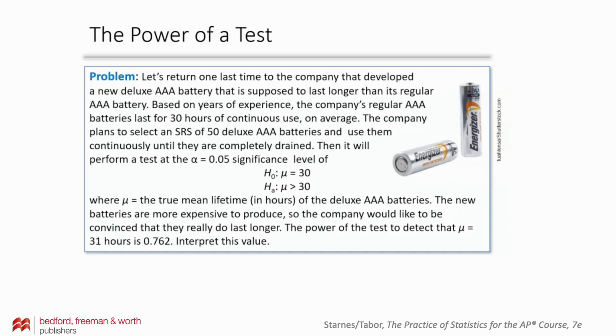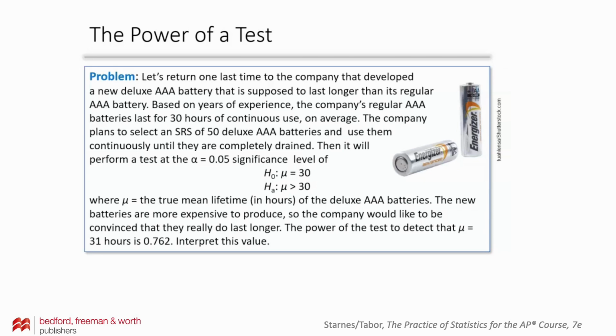Now let's look at this problem about the company that developed a new deluxe AAA battery that is supposed to last longer than its regular AAA battery. Based on years of experience, the company's regular AAA batteries last for 30 hours of continuous use on average. The company plans to select a simple random sample of 50 deluxe AAA batteries and use them continuously until they are completely drained. Then it will perform a test at the alpha level of 0.05 significance level,